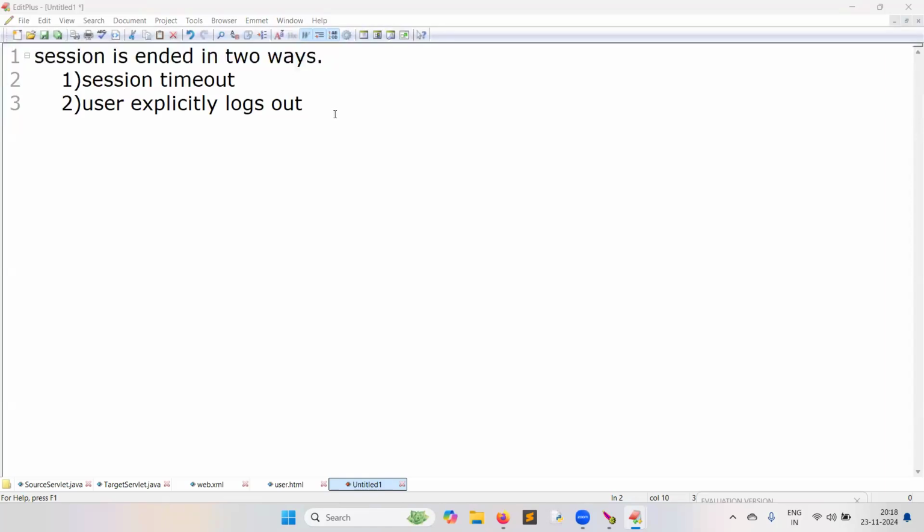Yesterday I explained the first step. Second step, how to deal with data: store the data into the session object, retrieve the data from the session object, remove the data from the session object, get total data from the session object. With an example, I will show you all those things today.